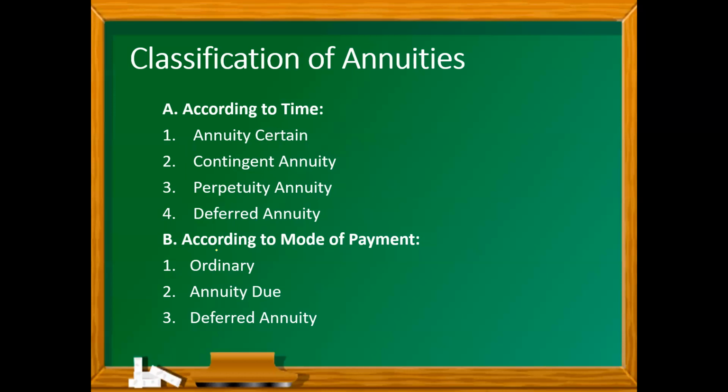So when we say ordinary annuity, this is an annuity whose payments are made at the end of each payment interval. And then annuity due, this is an annuity whose payments are made at the beginning of each payment interval. When we say deferred annuity, this is an annuity whose first payment is to start at some future date. For example,